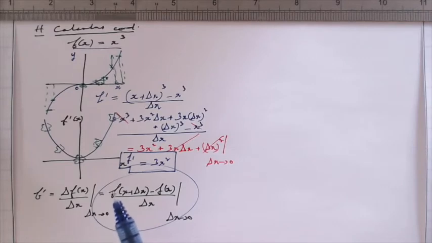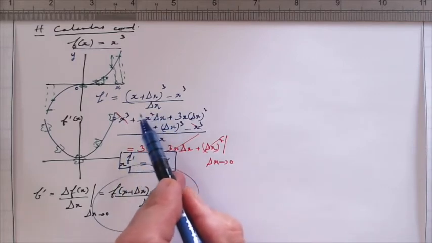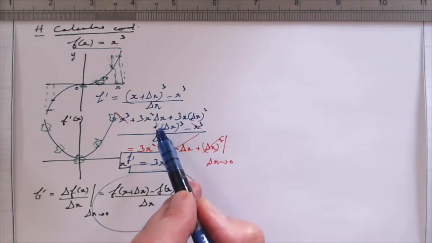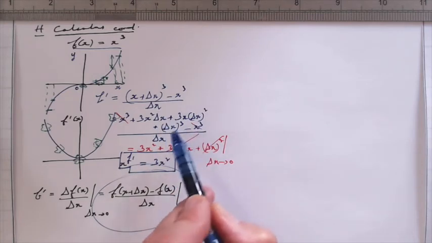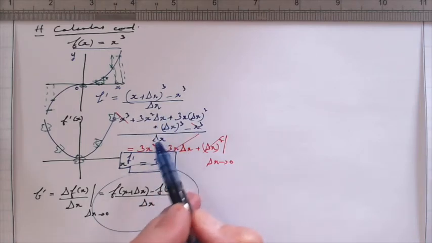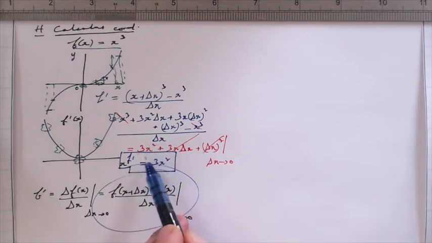So ultimately what we're doing is picking out the term proportional to delta x. We can think of it as the leading term in the expression for small delta x, because with that leading term, dividing by delta x leaves us with something which is independent of delta x, and then when we take delta x to 0, everything else vanishes, and that thing that's left there is indeed our derivative. So I'm going to use that sort of more experienced and direct way of thinking now to do the